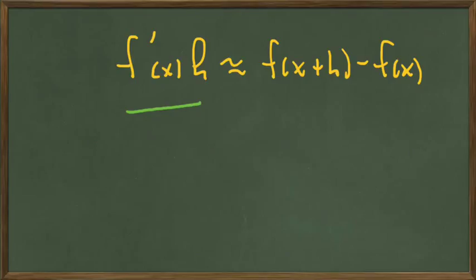You're not going to be able to do that by hand, so you're going to program it and use these approximations each time, with the h value being very, very small, and you're going to get very accurate approximations